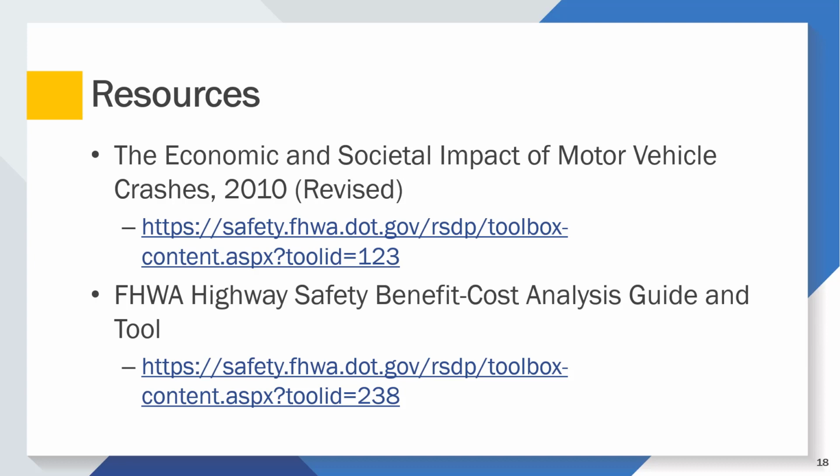For details about the original 2010 person injury cost estimates from NHTSA, refer to NHTSA's report linked here. These costs were the basis for the 2016 CABCO National Crash Cost Estimates in the Guide and Spreadsheet tool. FHWA's Highway Safety Benefit Cost Analysis Guide describes detailed methods to apply crash costs in benefit cost analysis. A related tool helps to implement the methods from the guide.